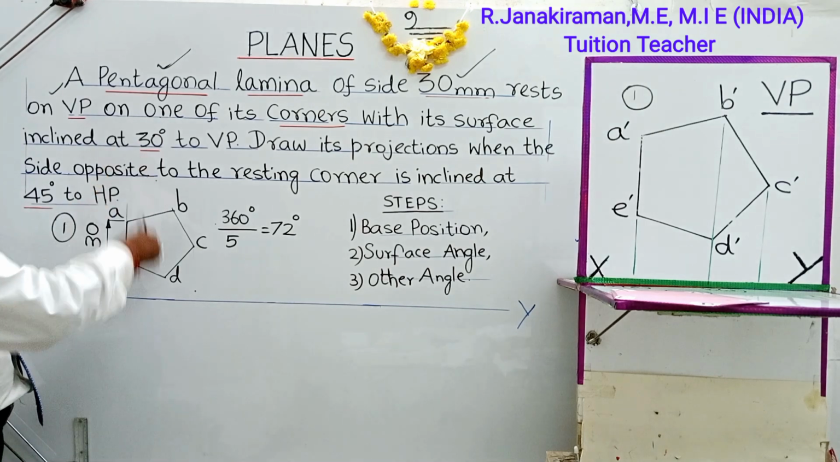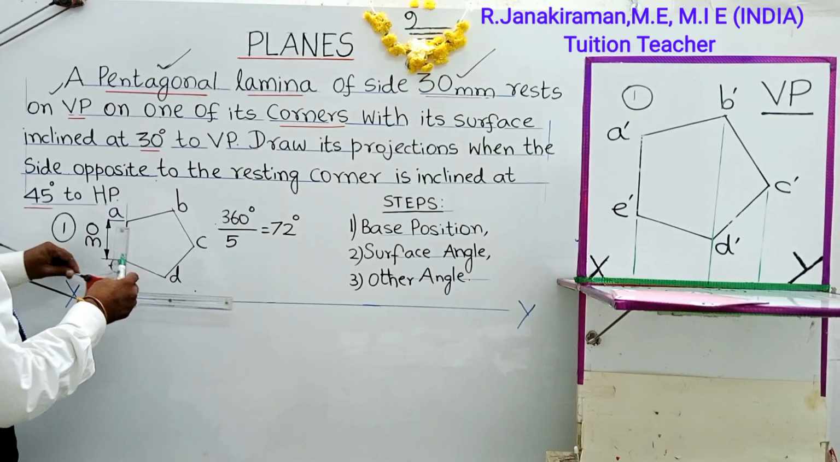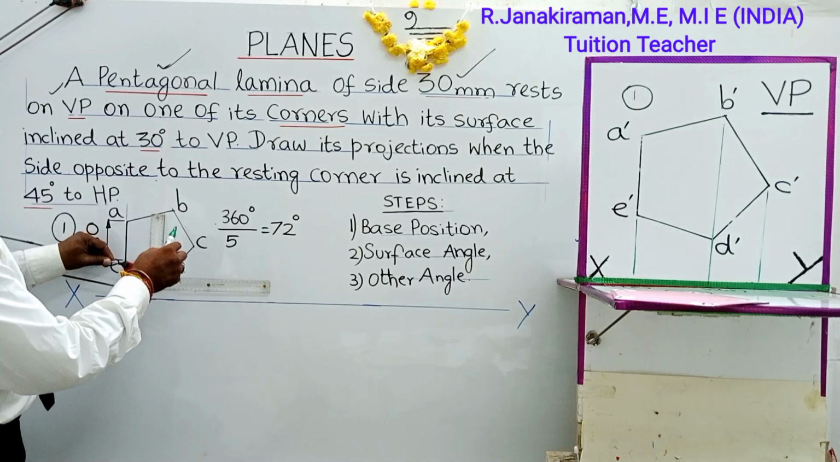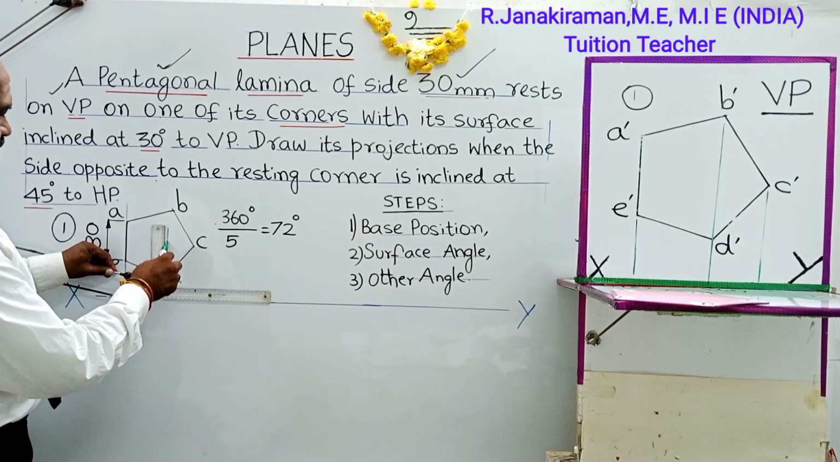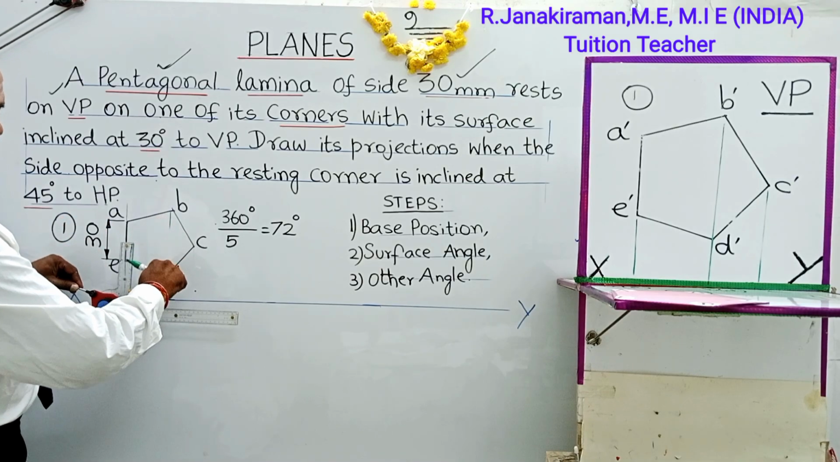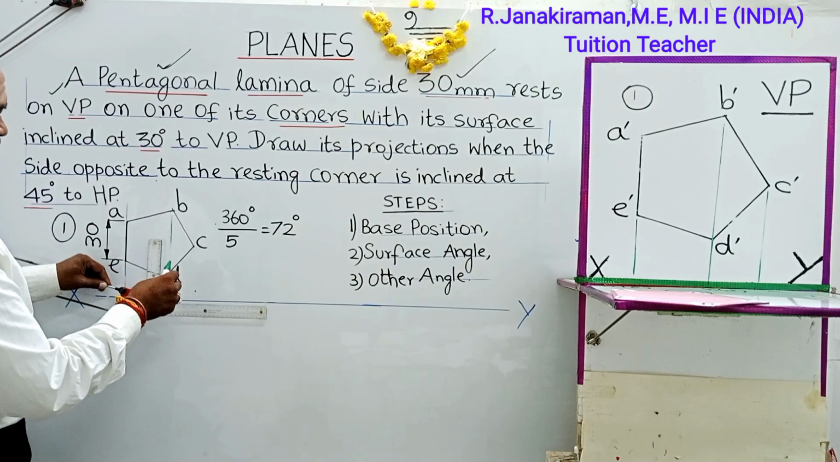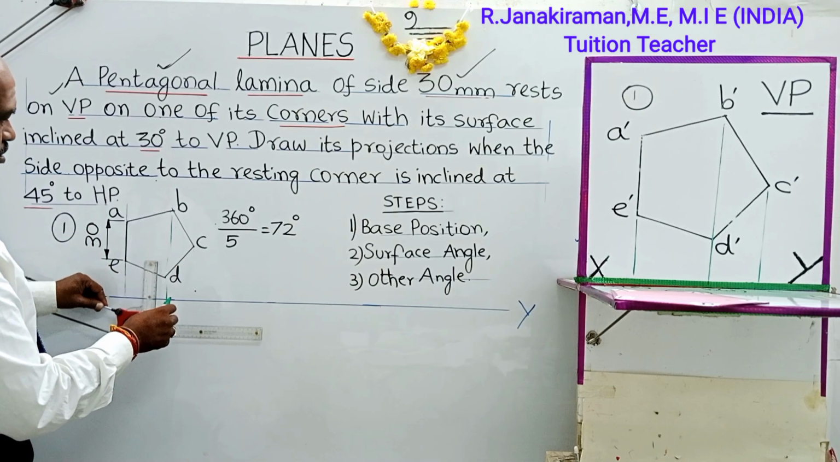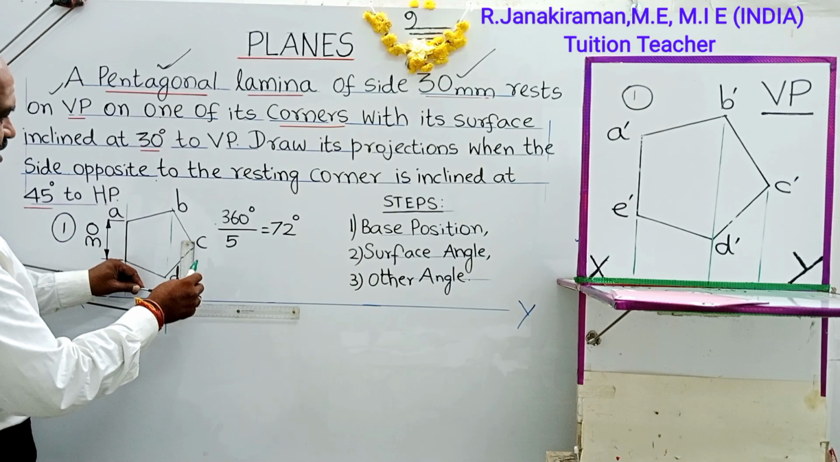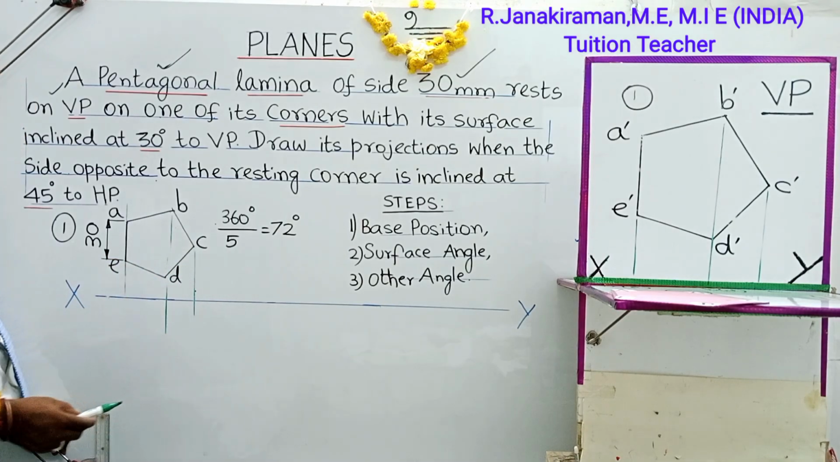Next, corresponding top view we are going to draw. So take a 2H pencil, draw a vertical projector from A. From B, if you draw, it also merges with the point D. From C, you draw a vertical projector using a 2H pencil. Where it intersects